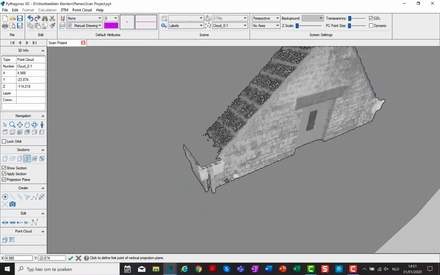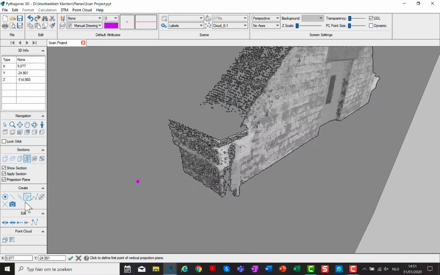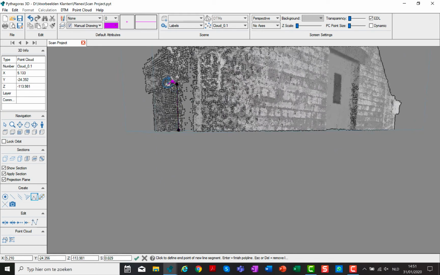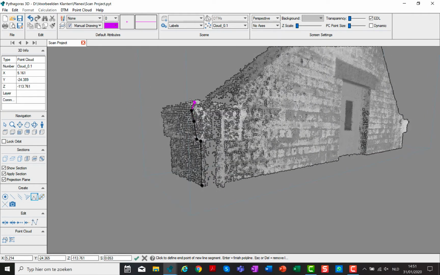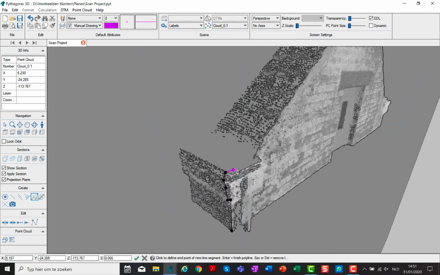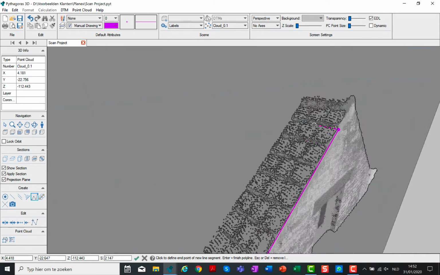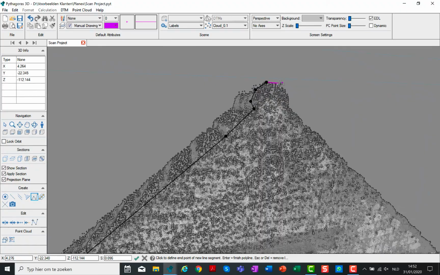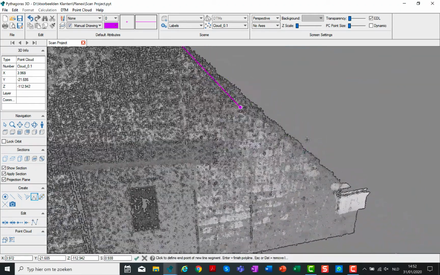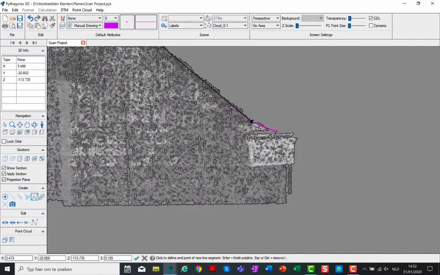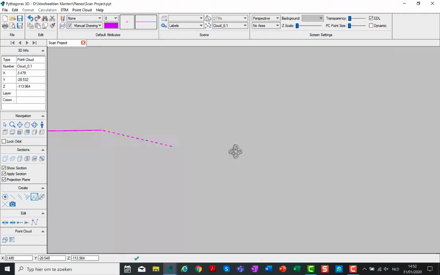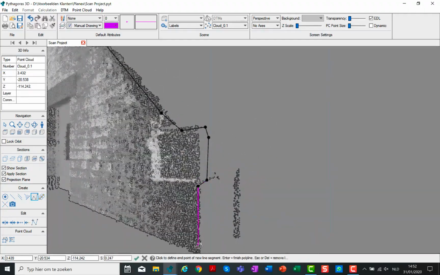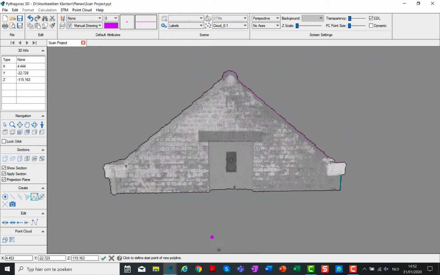After this plane is drawn, we can start to add some manual vectors, some manual lines. All the created lines will be projected on the plane. So we click on the key locations in the point cloud to find the top of the roof in this part of the point cloud. When we have finished the process, we hit the Enter button to validate the 3D polyline.